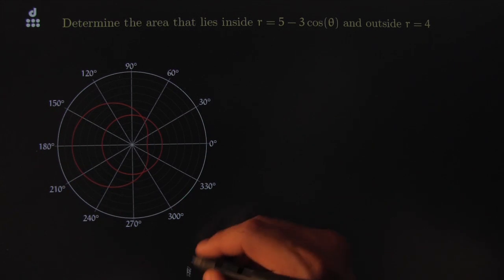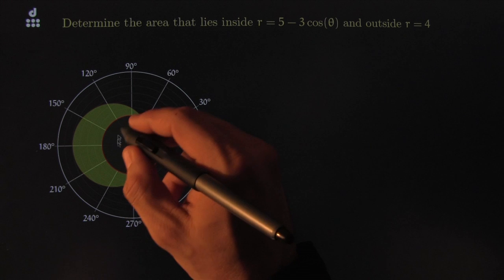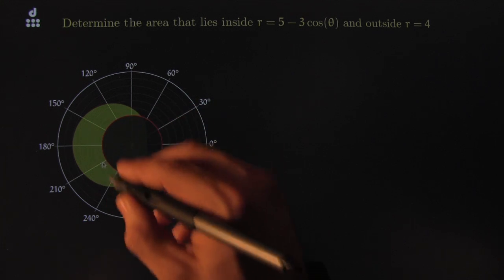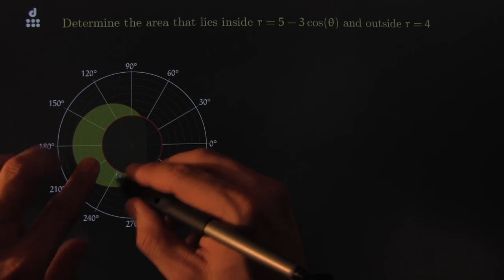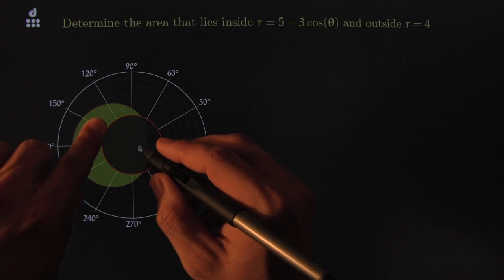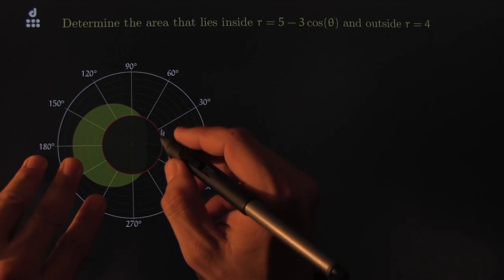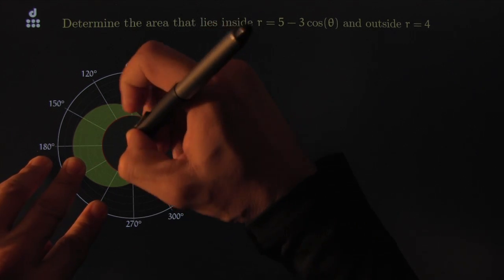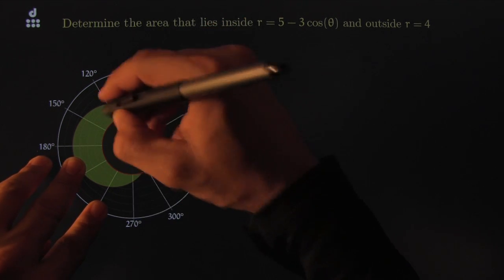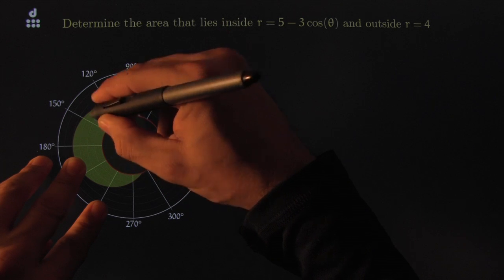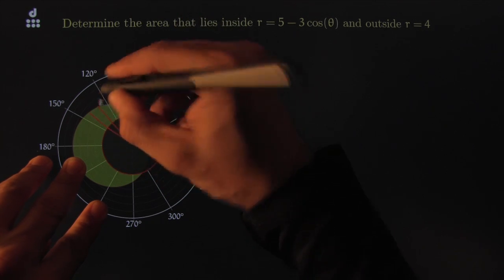So here we can highlight them. That area right there, the greenish area, that's the one we're trying to find. That's inside this curve but outside r equals 4. So the standard procedure is to slice it up into infinitely many little pieces. Let's go with red this time. So we slice it up into infinitely many sectors such as this,